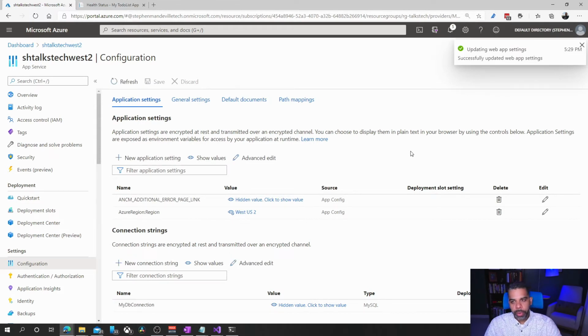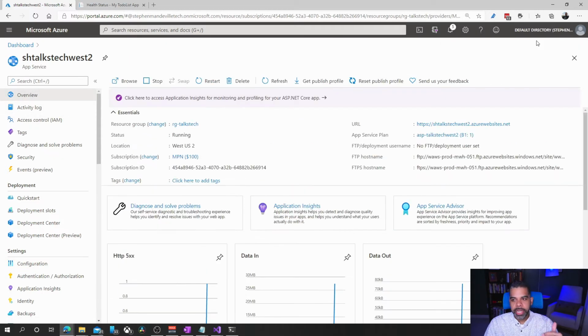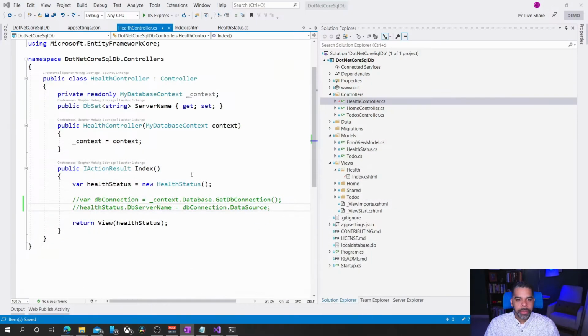Great. Now when we deploy our app into this web app, it'll be able to connect to the database. So it's going to connect from the West region to the database that's sitting in East US. When we go back to our application, I want to do one thing, which is uncomment some of this code